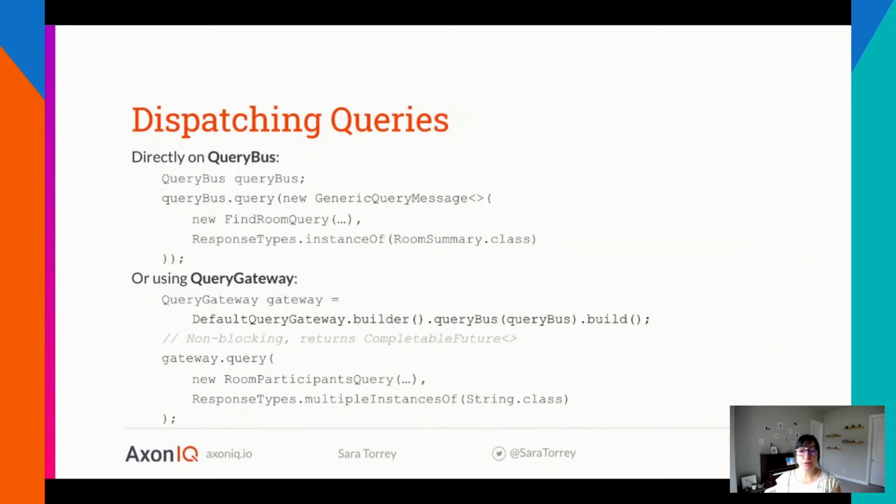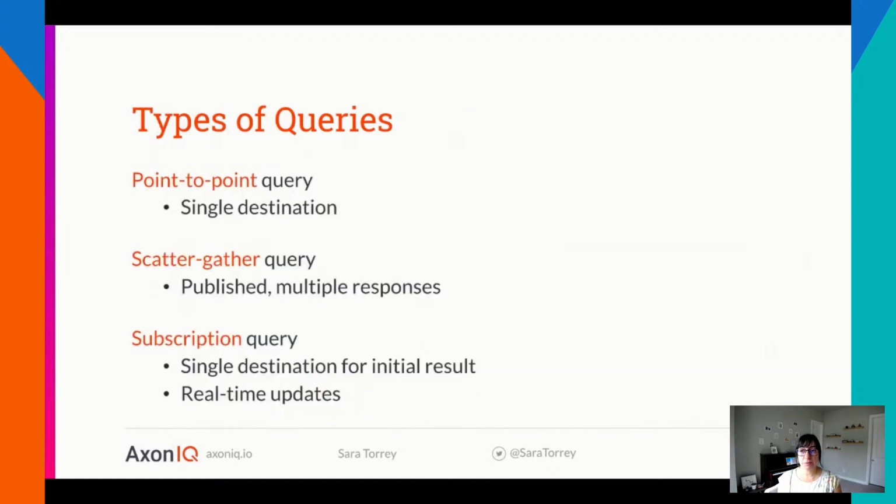So it is important to note that the response is contained in a completable future. In addition to providing the query payload, also details of your query, you specifically want to focus on the response as well. And in this case, you can see that you can get one response back or multiple responses back to you. And we'll see why that is needed.